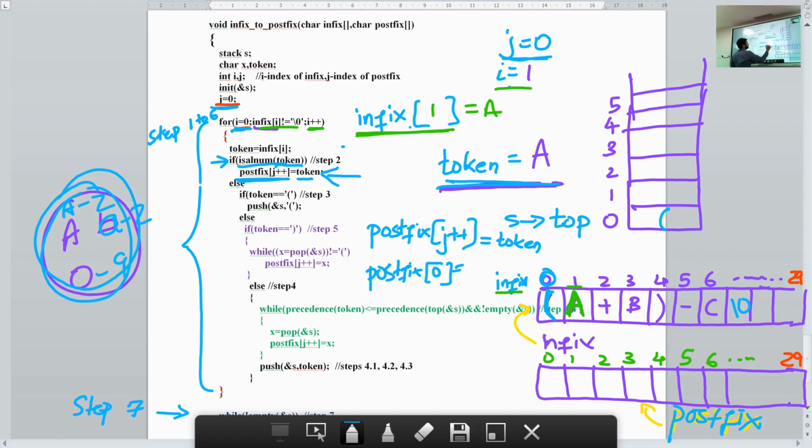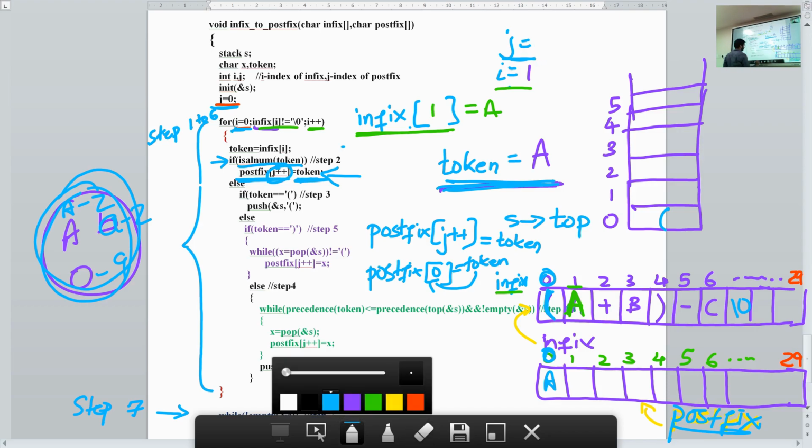So in postfix of 0 we store the value of token. What is the value of token? A. So we put our A in postfix of 0. This is our postfix array and the 0 is here. So in that we store the value of token, like it is shown here. Once I store the value here, I increment the value of j. I do j plus plus. So value of j will now become equal to 1.